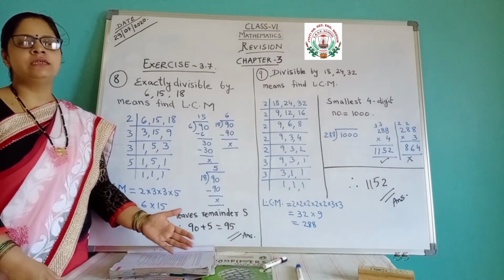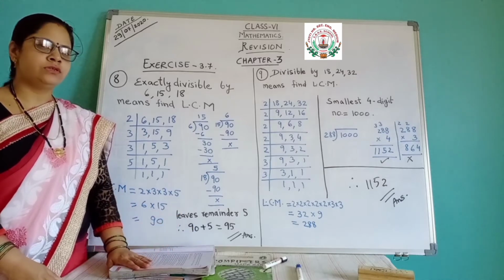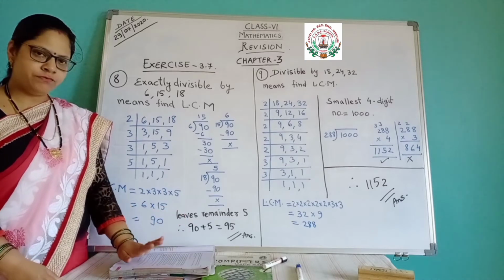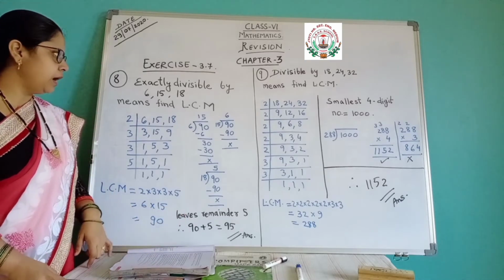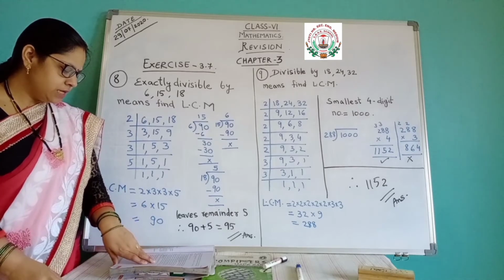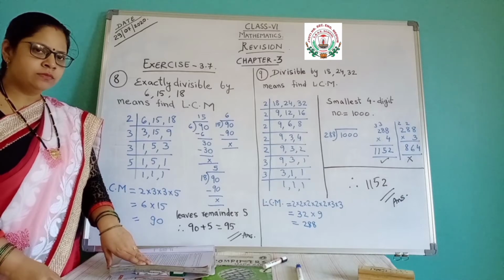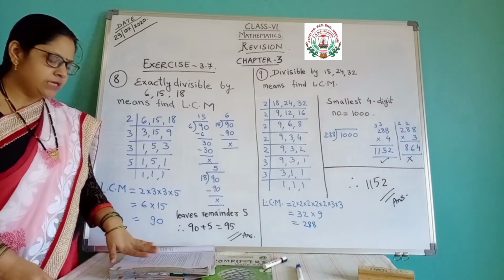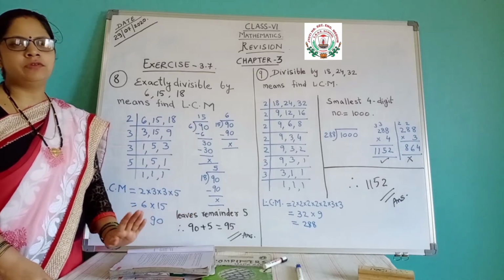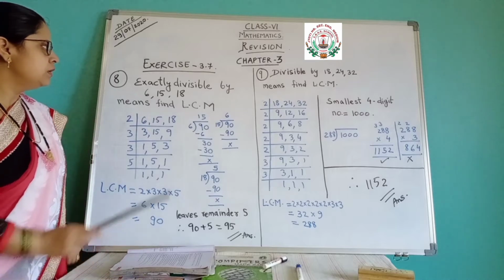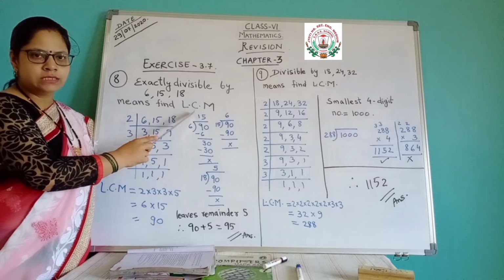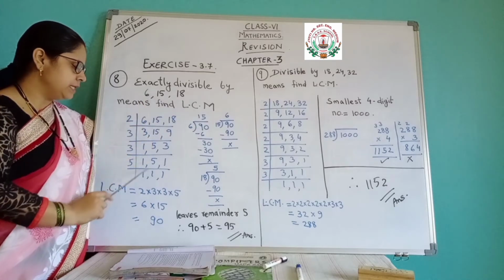But these kinds of questions you have to understand a little bit, and you have to check whether it is coming 3-digit or 4-digit. So I am explaining these kinds of questions. I have explained the 4th and 5th questions, and now coming to question number 8. Find the least number which, when divided by 6, 15 and 18 altogether, leaves remainder 5 in each case. Leaving remainder in each case means that the number should be exactly divisible by 6, 15 and 18, so there we have to find the LCM. So we are finding the LCM here.